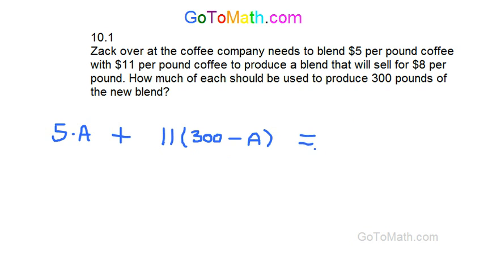Does that make sense? Is equal to, now it's 300 pounds, and we want this stuff to sell for $8 per pound. So $8 per pound times 300 pounds. You see that? So we need to know how much for the amount that we need to mix the $5 blend, and how much of the amount of the $11 per pound. Does that sound right? So we have an equation here involving only one variable, so we want to solve for A in this problem, and that's actually pretty easy to do at this point in your math career. So we have 11 times 300,